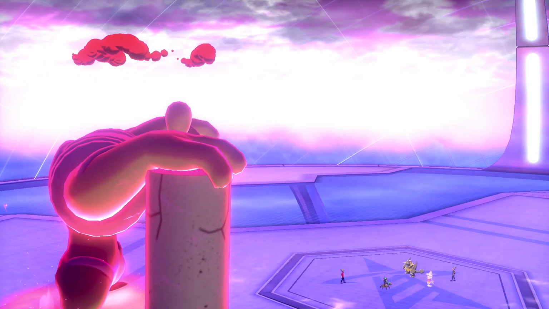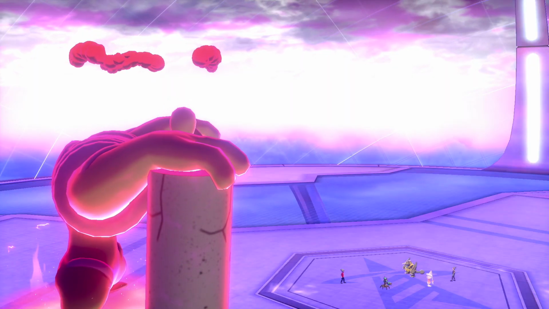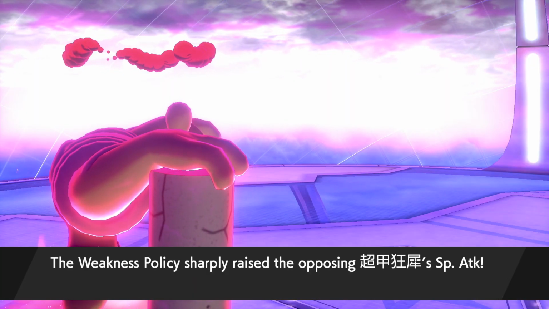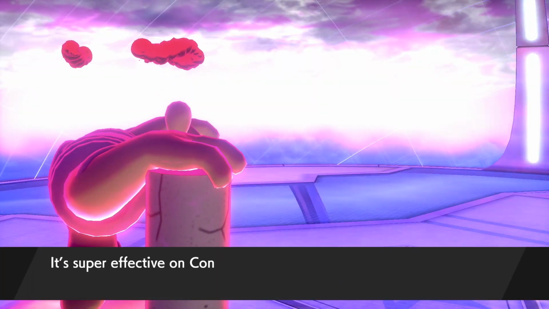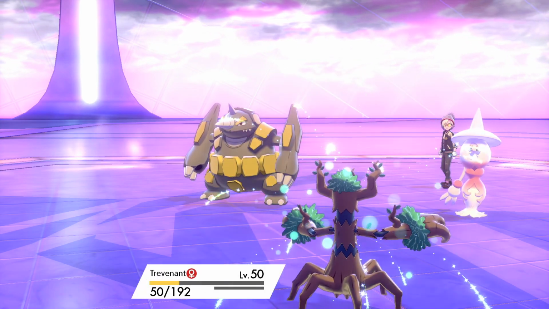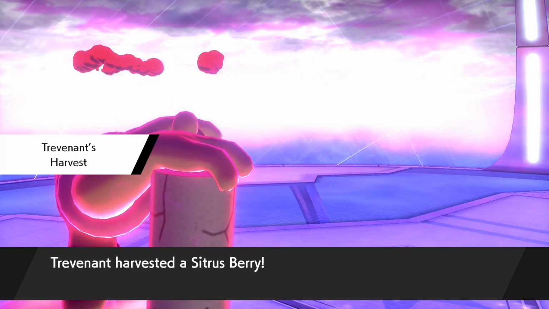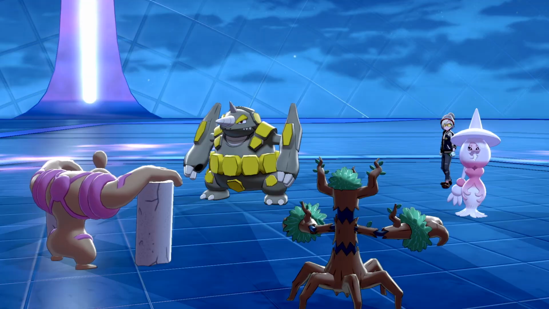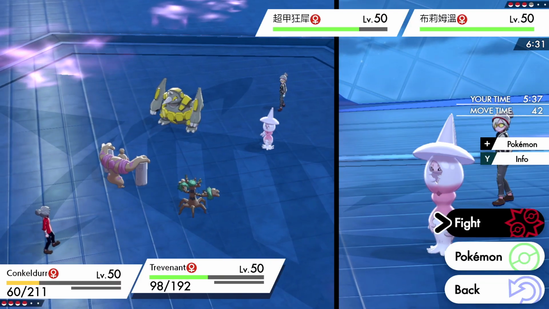Oh, it's probably going for Trick Room again. Oh, it's Weakness Policy. Ooh, that's not the best. Oh, just a Dazzling Gleam, no Trick Room. Okay, that's perfect. So now next turn I can just go for a Drain Punch, knock out the Rhyperior, and Hatterene's not giving us too much trouble because Snorlax in the back has Heavy Slam, and Torkoal isn't too threatened by Hatterene. Okay, so I can just freely Drain Punch and